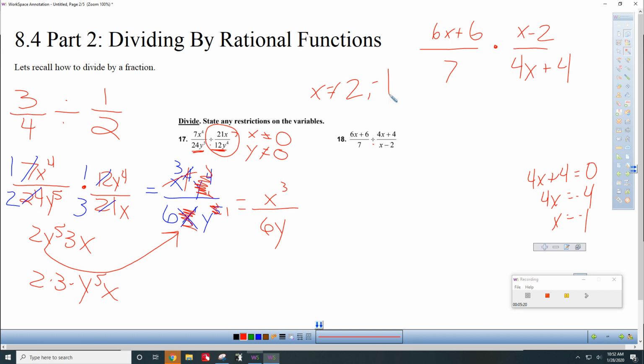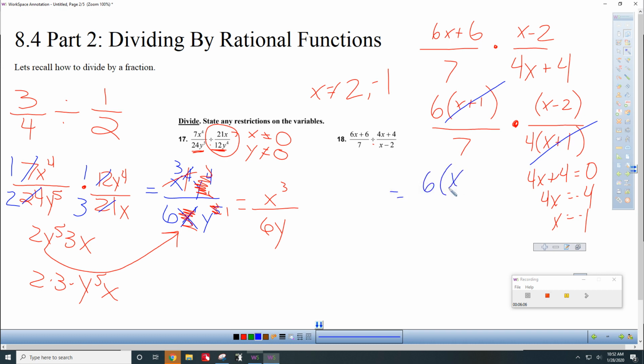So what number does the 6x and the 6 have in common? 6 times x plus 1 over 7 times x minus 2 over, what does 4x and 4 have in common? 4, and we're left with x plus 1. Keep in mind we're multiplying these things, and that's what allows us to cancel. Essentially, x plus 1 divided by x plus 1 is gone, and that's gone. So what you're left with on the top is 6 times x minus 2, and on the bottom you've got